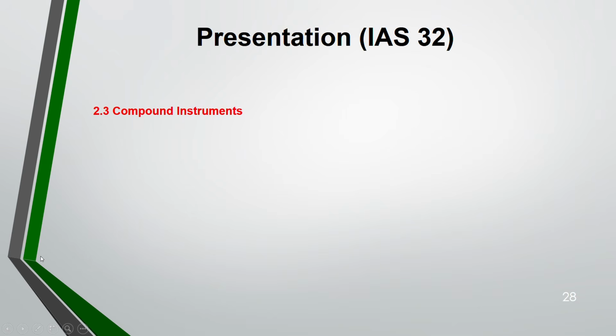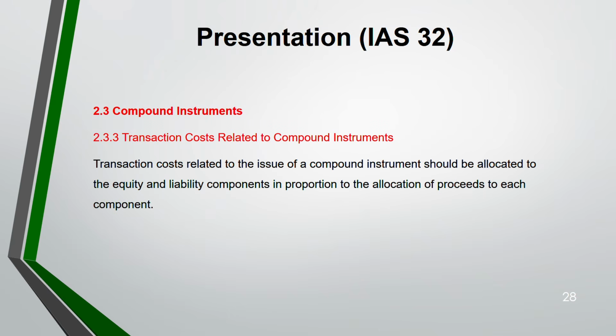Okay. Now moving on to transaction cost that are related to compound instrument. Any instruments will have transaction cost also. If you take a loan, if you issue shares, there are some cost to it. Same for compound instrument also, there are some transaction costs. What do you do with it? This transaction cost you have to allocate for equity and liability component in relation to their proportion, okay, to the